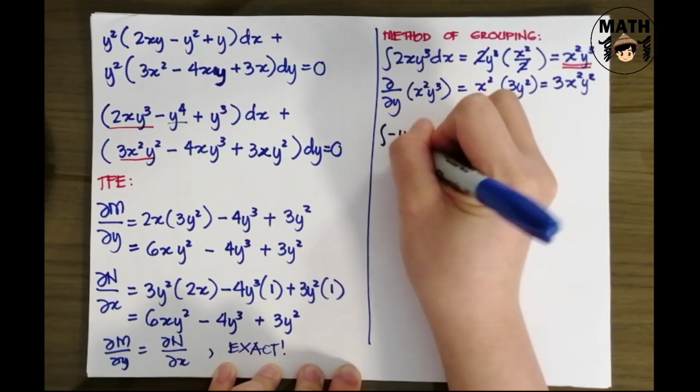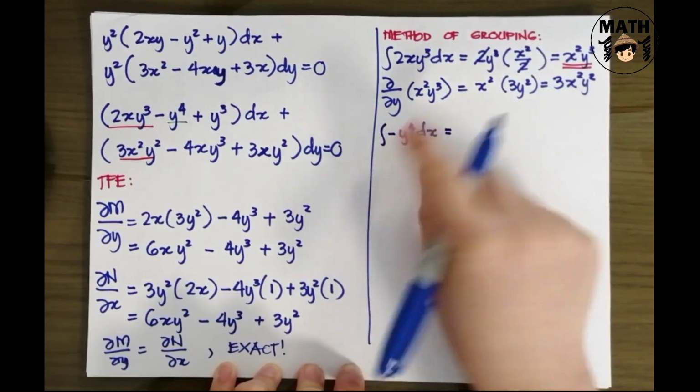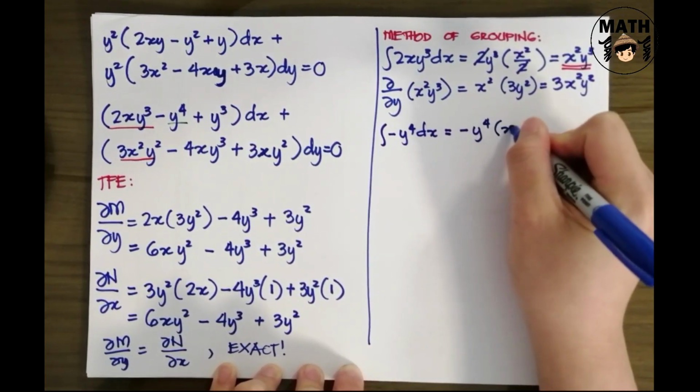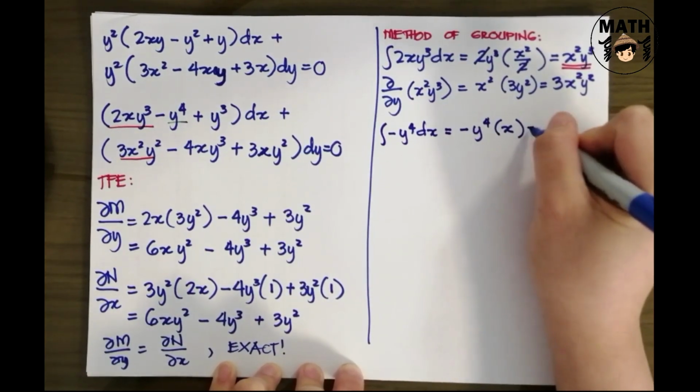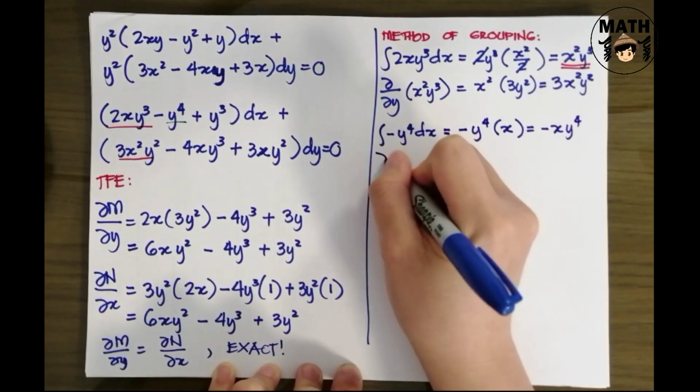Integral of negative y to the fourth dx. Negative, taken as constant si y to the fourth. Integral ng dx is x. This is equal to negative xy to the fourth. Para makahanap yung kapartner kay dy,